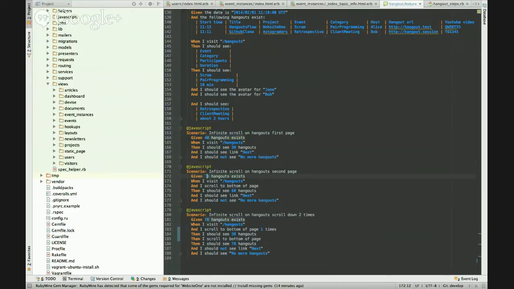If you have 70 Hangouts and you go to the bottom of the page, then you should see all 70 Hangouts, right? No. Why not? Because you scroll one time. Okay, I understand. But then Alejandro, this is not from the perspective of the user, but this is what's happening. Okay. It's perfectly all right. But my point is that we need to write those from the user's perspective. Okay. I will.